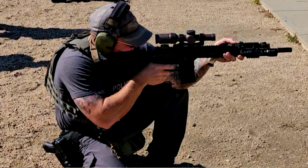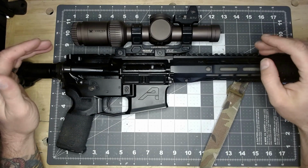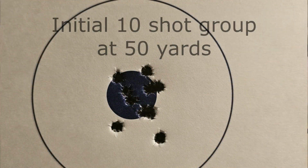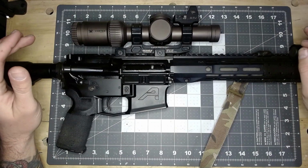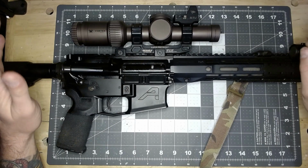So even though the barrel is technically not as accurate, you can shoot the rifle more accurately because it's lighter and it's easier to control. Initially it was shooting about 2 MOA, so I lost about a half MOA of accuracy from the last barrel. But once it warmed up at about 300 rounds, it tightened up significantly, and it's about just under 1